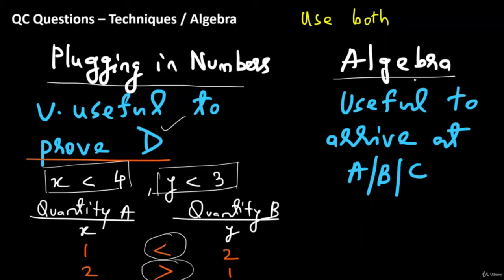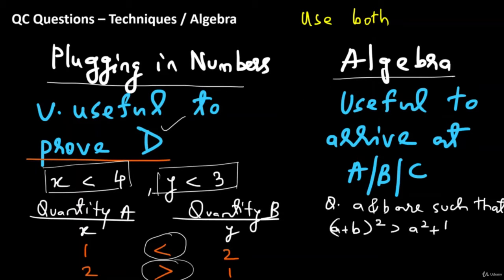Let me quickly demonstrate to you that it's very useful to know algebra. Alright, so over here I have a sample question. A and B are such that (A plus B) the whole square is greater than A square plus B square. Now quantity A is A into B and quantity B is 0. Alright. Now we need to find out which of these two quantities is greater, or whether at all we can